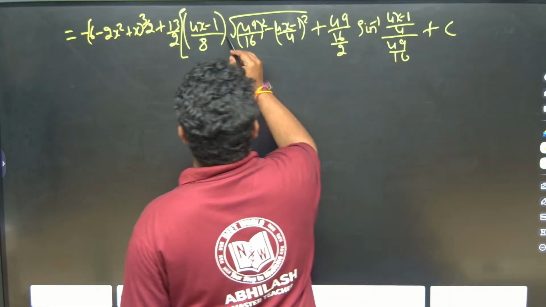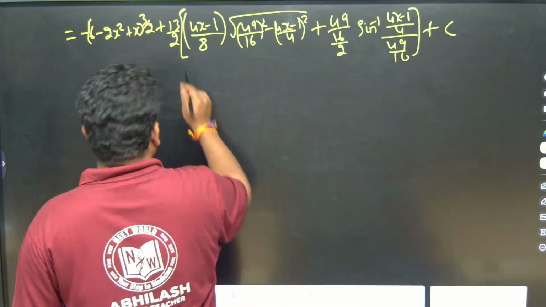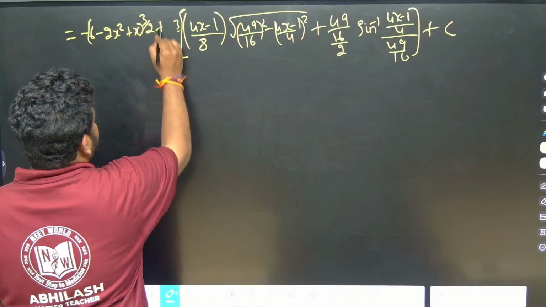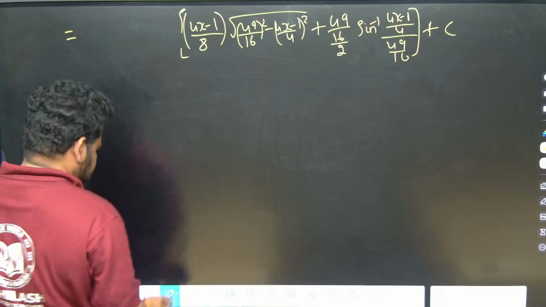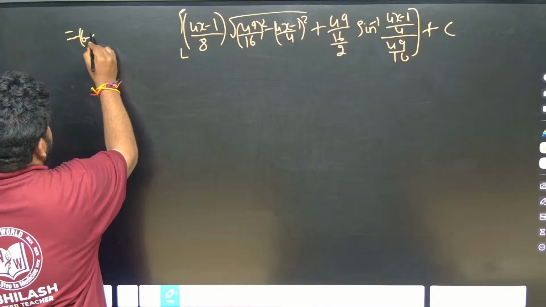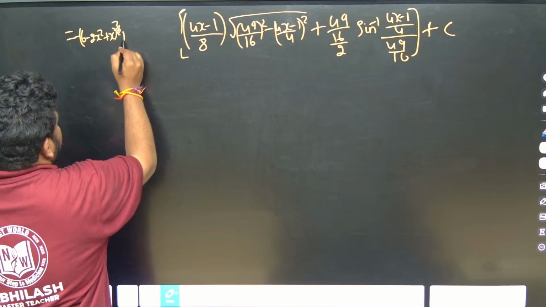But here we have one more thing you don't have to forget. We are given root 2 here. We have taken root 2 outside. You have to focus here and not forget that. So this will be minus 6 into minus of 6 minus 2x square plus x to the power of 3 by 2, plus